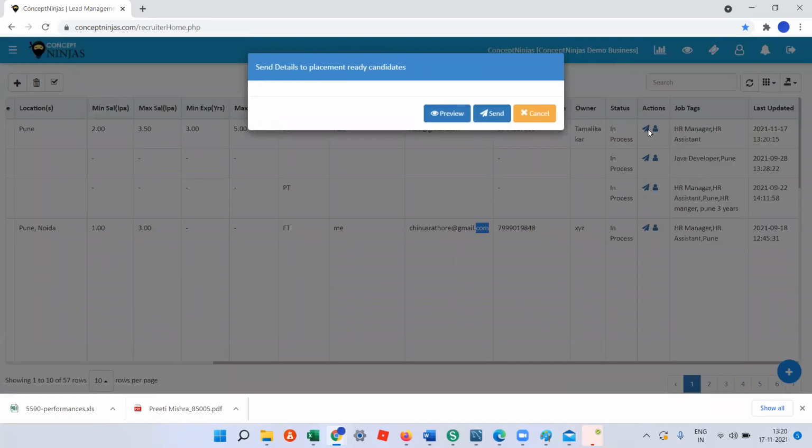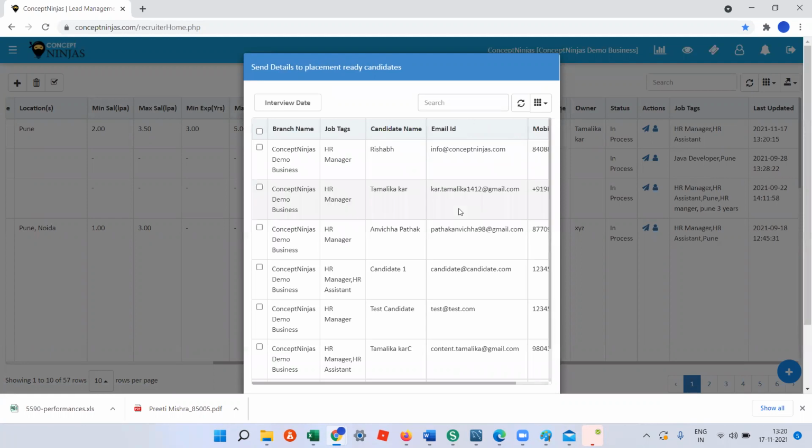This will show up the list of candidates for which the job tags are matching. My job has the job tags HR manager, HR assistant. So from the placement ready candidates of my institute, all the candidates who have been allotted the job tags HR manager or HR assistant are shown up in the list.